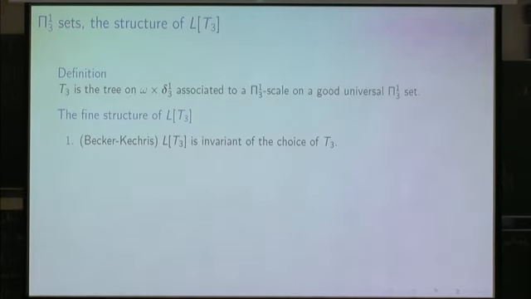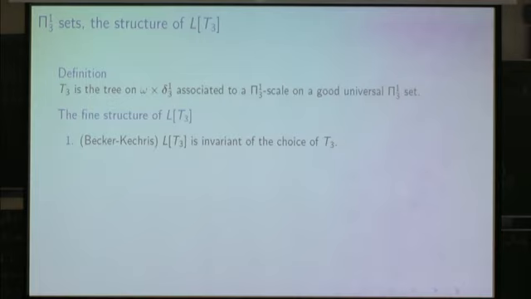So having defined the level 2 sharps, we need the level 2 sharps to continue the induction onto the higher levels in the projective hierarchy. For Π^1_3 sets, there is a Π^1_3 scale on the universal Π^1_3 sets. So there is an object called T3, which is the tree of the scale, and